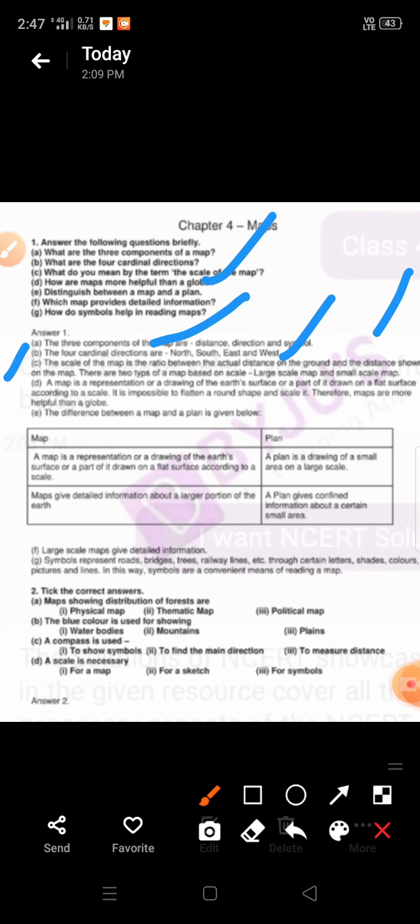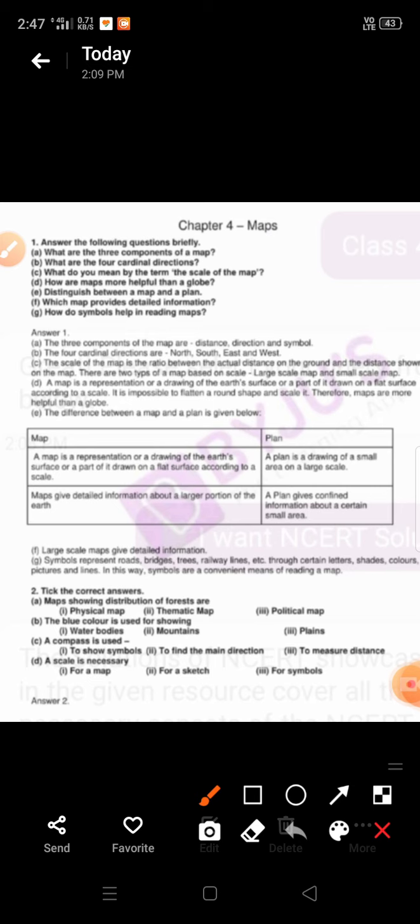It is impossible to flatten a round shape. Therefore, maps are more helpful than a globe. And one more thing, a globe is not easy to carry to different places, but maps can easily be carried to any place. Okay, so because of the given reasons, maps are more useful than a globe.